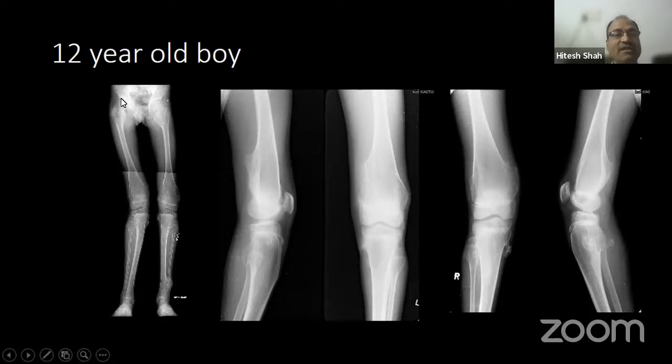Once a valgus deformity is there, you need to draw the mechanical axis of the femur and the mechanical axis of the tibia, and see whether the mechanical lateral distal femoral angle is abnormal or not. If it is 87 degrees, it is normal. Similarly, check the mechanical axis of the proximal tibia, whether it is normal or abnormal. That's how you find out whether the angle is increased, which shows it is the tibial component. If the angle is decreased, it shows about the